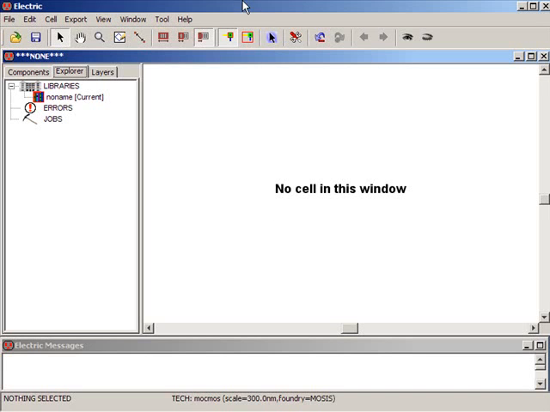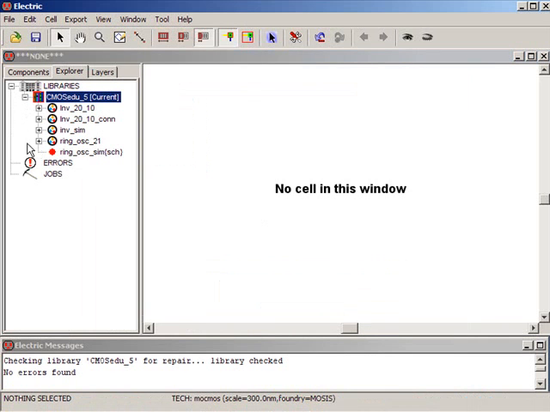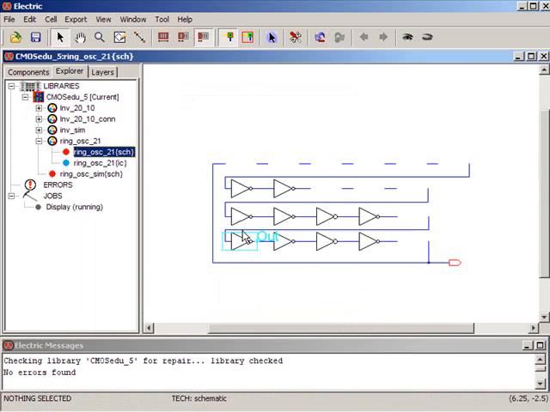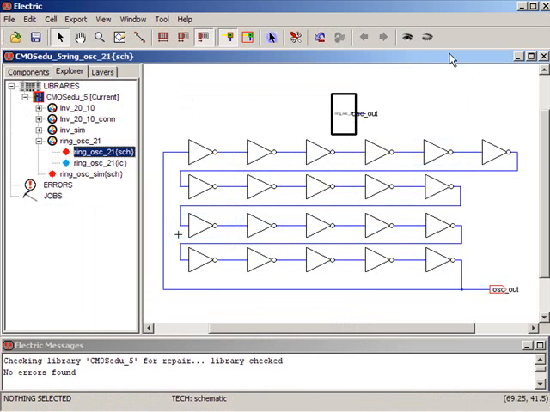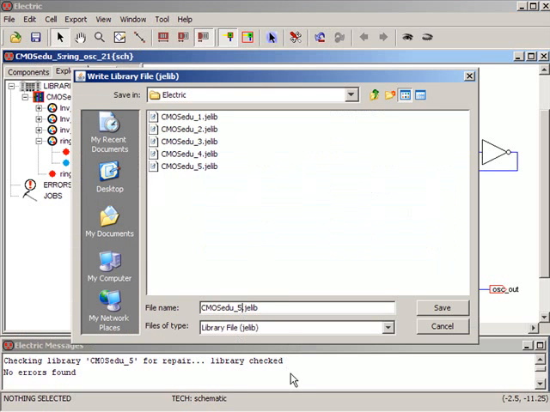Okay, let's lay out a 21-stage ring oscillator. We'll do that by opening the library here. This was what we did in the last tutorial. We sketched the schematic of a 21-stage ring oscillator. Now I'm going to do a File, Save As, CMOS EDU6,